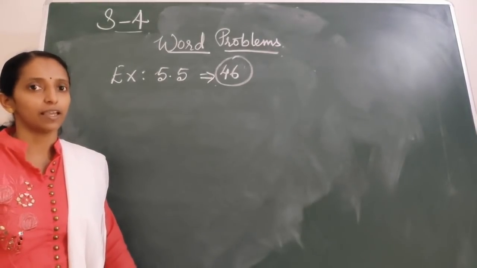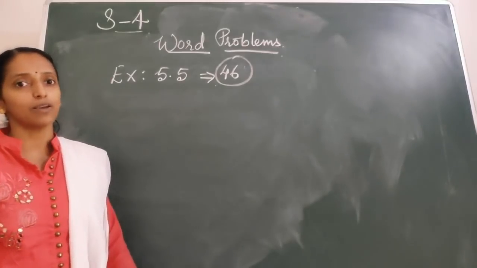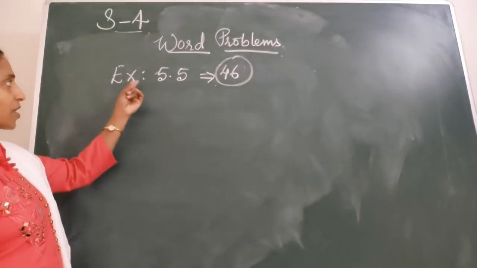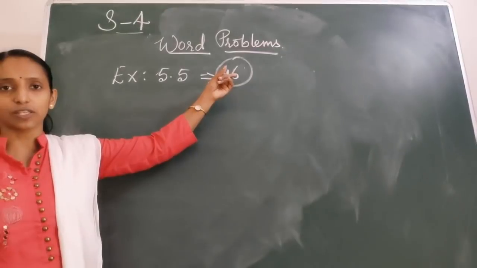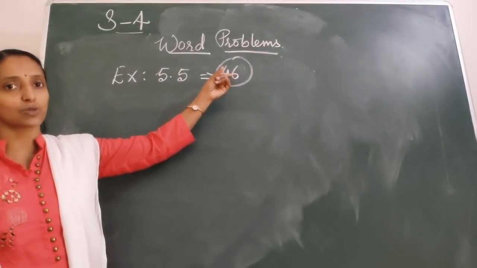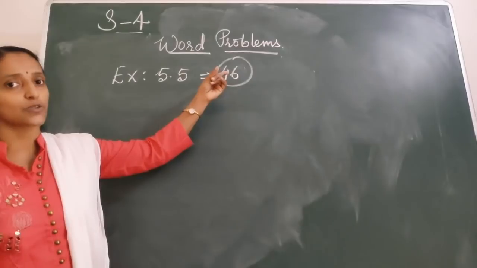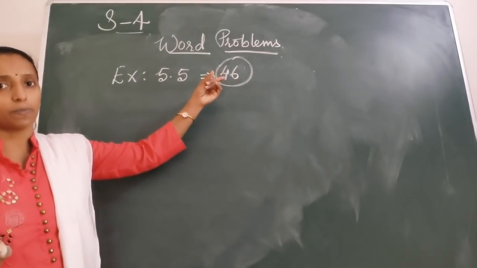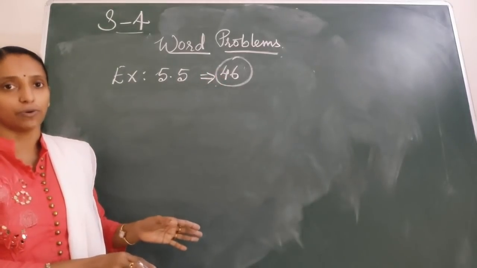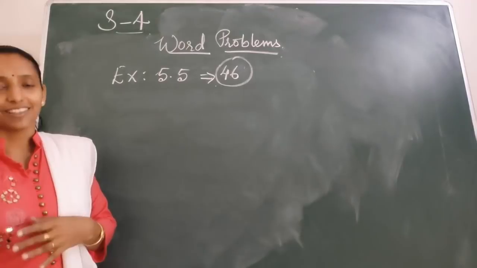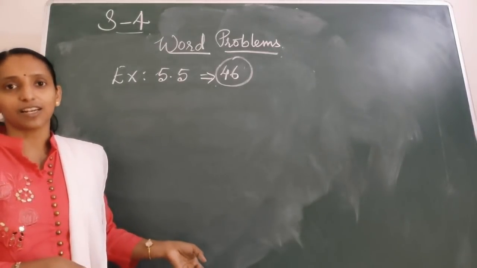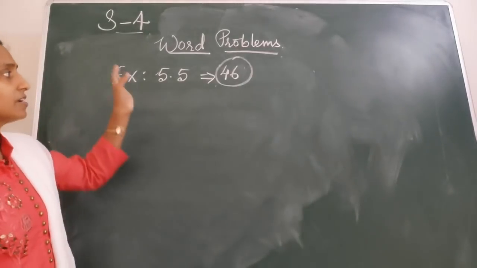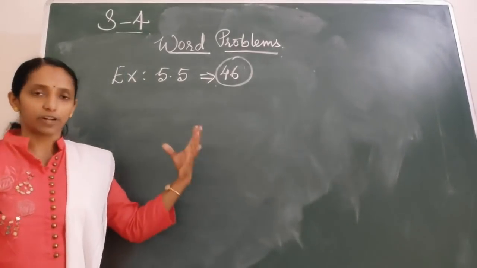Within 4-5 days you will all be occupied with your textbooks, so after that there won't be any problem. Exercise 5.5 has 46 questions. A minimum of 26 questions should be there in your copy as classwork. That means you have to solve questions from different topics, as I have mentioned: numbers, length, breadth, two-digit numbers, fractional numbers, area, perimeter, speed, distance, time. Go through all these different topics and frame the equation.